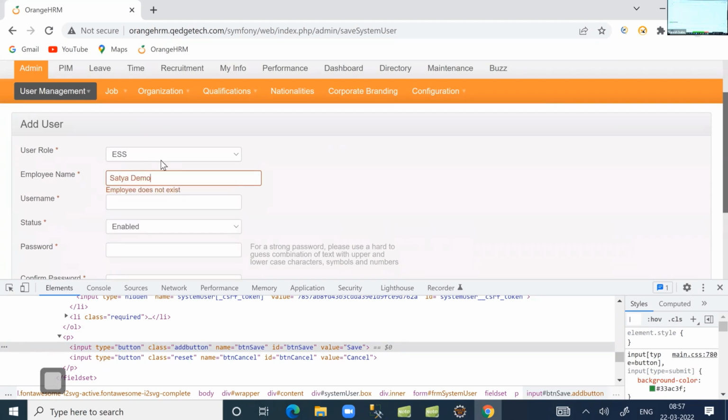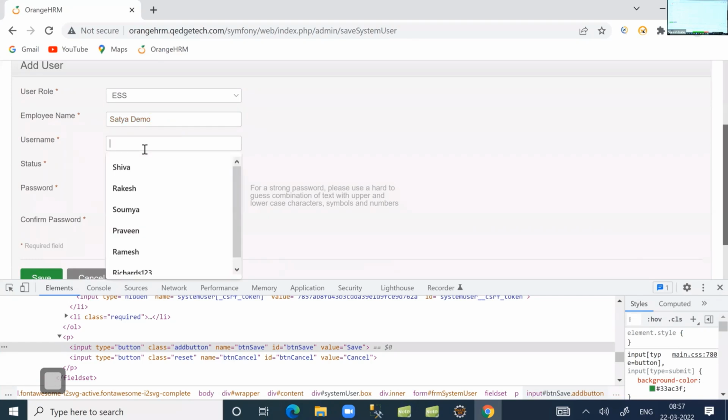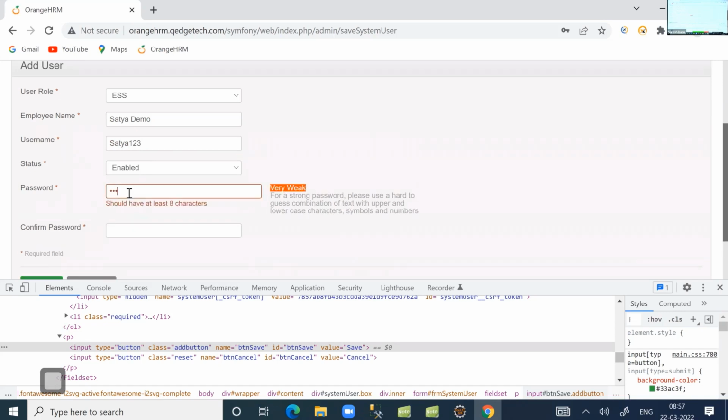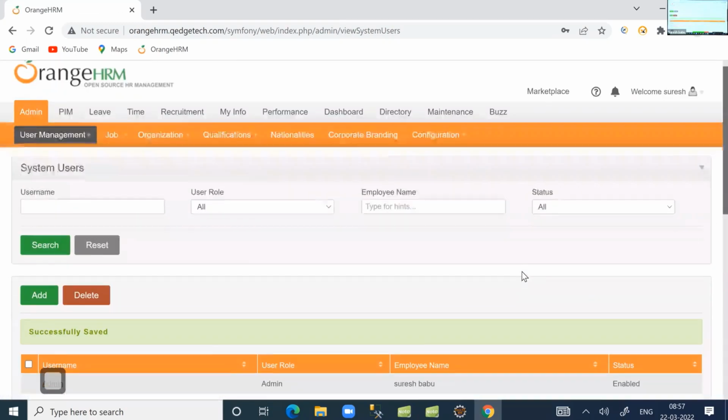Let me create the login account for the registered employee Satya demo. Username, for example, say Satya123. I'm giving some password, and click save button. We have the code till now. Then